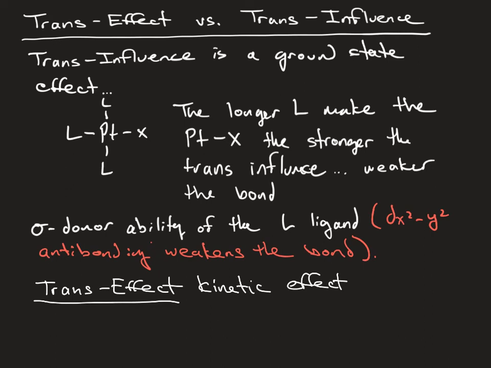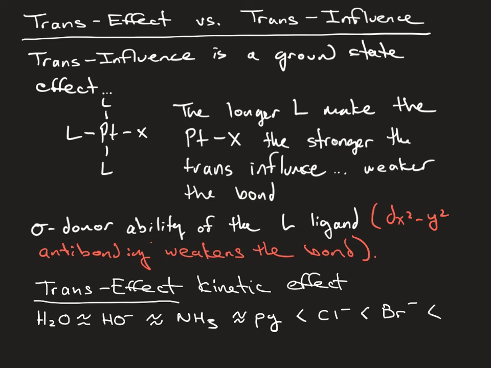And the trans effect goes in the order of water being approximately the same as hydroxide, which is approximately the same as an amine ligand, which is approximately the same as a pyridine ligand, followed by chloride,